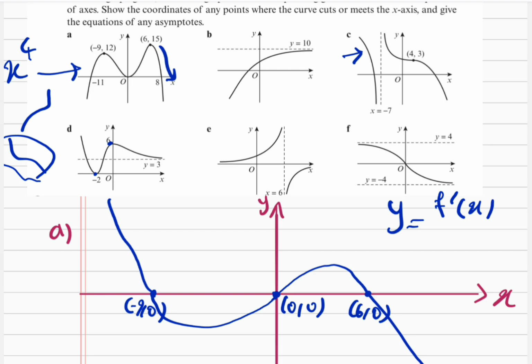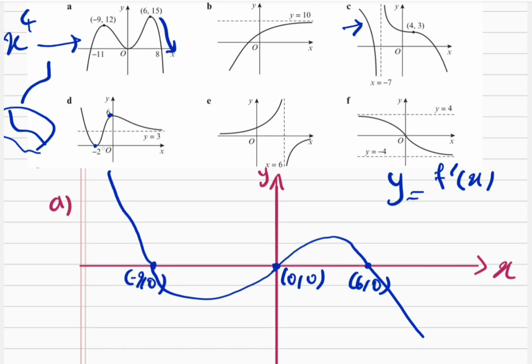The reason for that is as x tends to infinity, the curve tends to the horizontal asymptote at y is equal to 3, which basically means the gradient tends to 0. So because the gradient tends to 0, in terms of the gradient graph, the curve is going to tend to 0 because the gradient is approaching 0. So these are the three main things that we should consider, as well as the usual procedure which says that